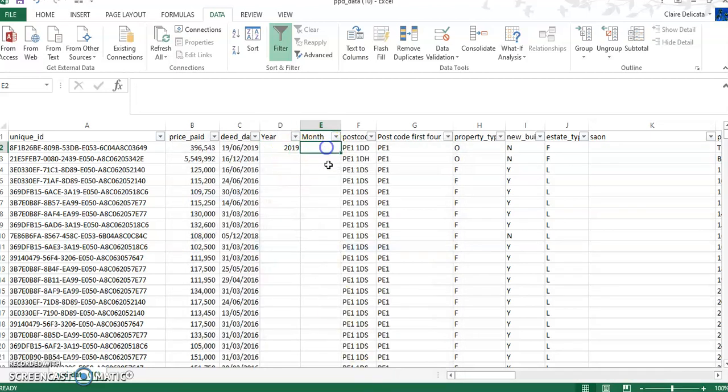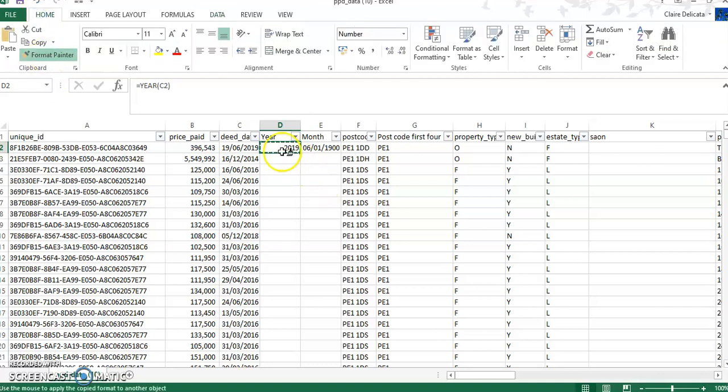And then if I go to month, I can put equals month, and open bracket, again click back on that date, close bracket, and enter. Now if I go to home, I can copy the format from the year to the month. That just gives me a number there. So this was a transaction that took place in June, so it's giving me the number 6 for the month